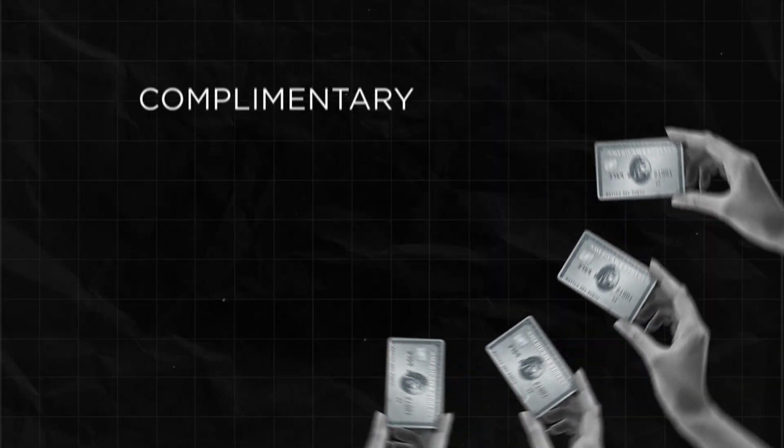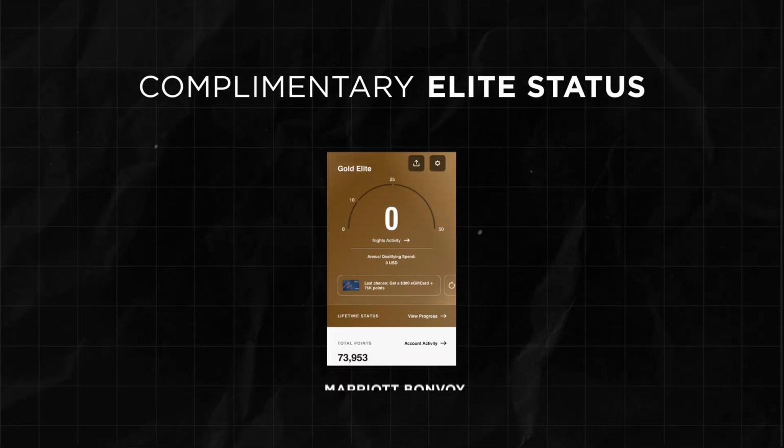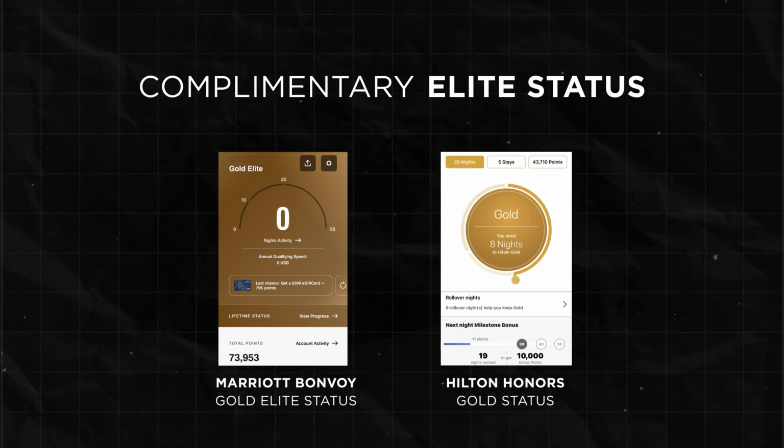with your Platinum card. But we're still just getting started with all the travel benefits that come with the Platinum card, because Platinum card holders also receive complimentary elite status with several hotel loyalty programs, including Marriott Bonvoy Gold Elite status and Hilton Honors Gold status. And these statuses come with their own set of perks, including room upgrades, late checkout, and more. So if you stay in hotels more than once or twice a year, the Platinum card will make your travels